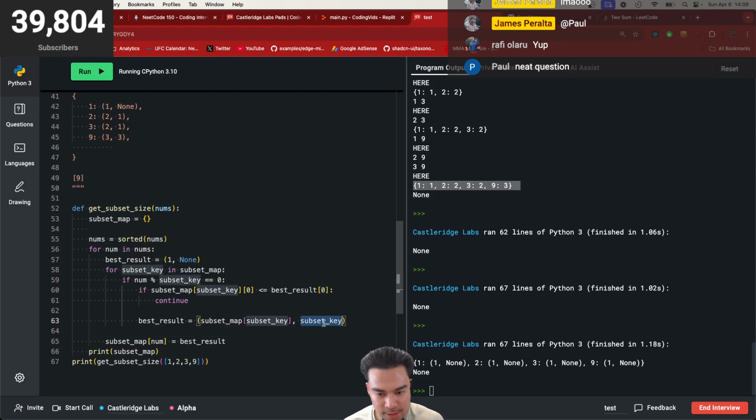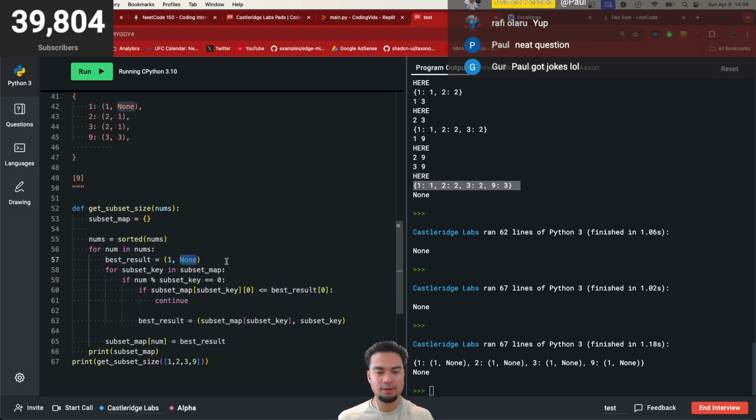Still none here. Subset key. Okay, let me figure this out. If the num, so we're looping through numbers and numbers here. We're given the best result 1. We're given none. If we're looping through the subset keys, which is 1, 2. If it's divisible by 0, if the subset map, and then we grab the subset key,